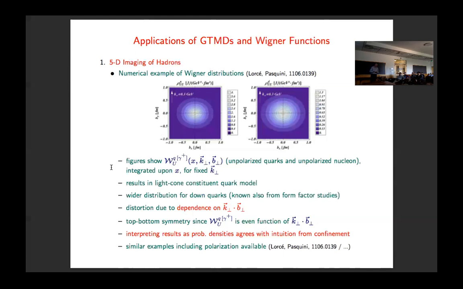Well, but in that plot, you said all of them are fixed KT. Yeah, they all have the same KT. So what's the model? It's a light-cone constituent quark model. I think you're talking about fixed modulus KT. Yeah, magnitude and direction is fixed. But the direction is going up and down, is what he said. No, it's just going all up. Okay, it's going up, but that means that if the direction of momentum is in that direction, the physical spread in that direction has to be bigger, and you have no momentum.